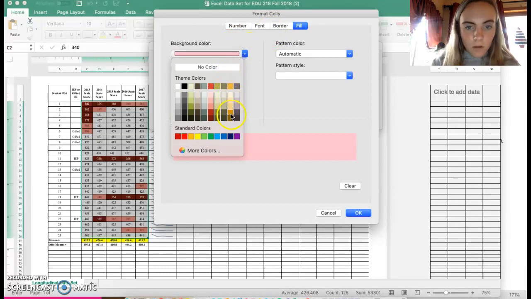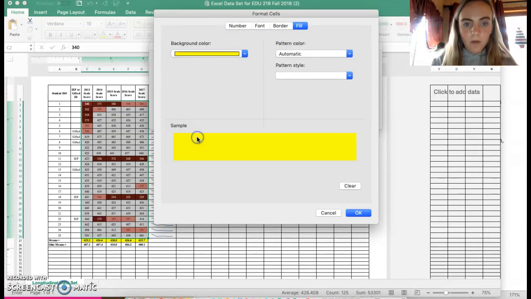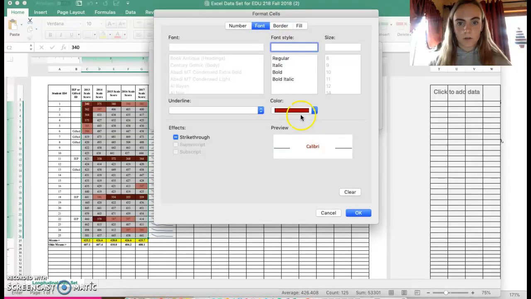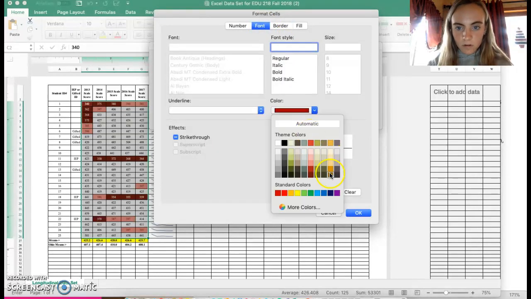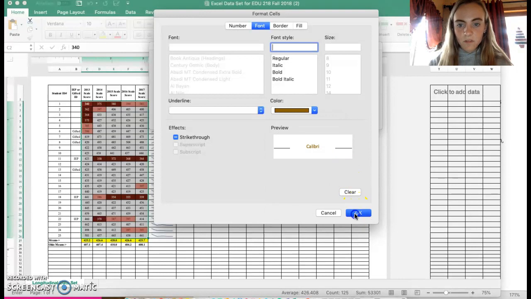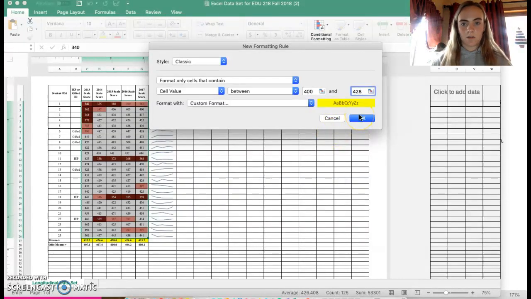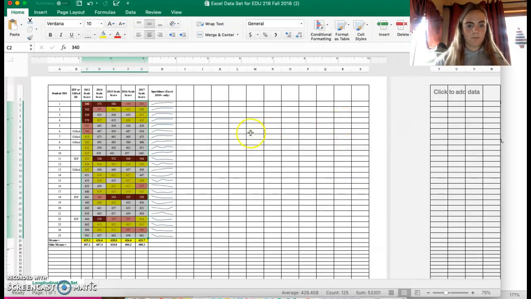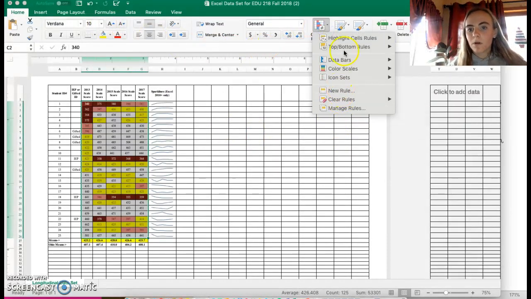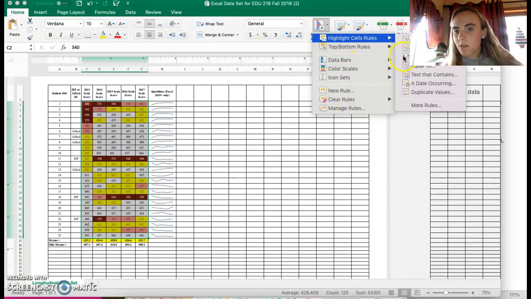This is going to be a yellow with dark yellow, like that. Okay. And then we are going to do the same exact thing,